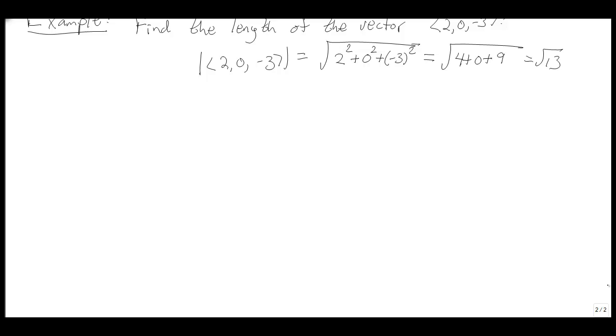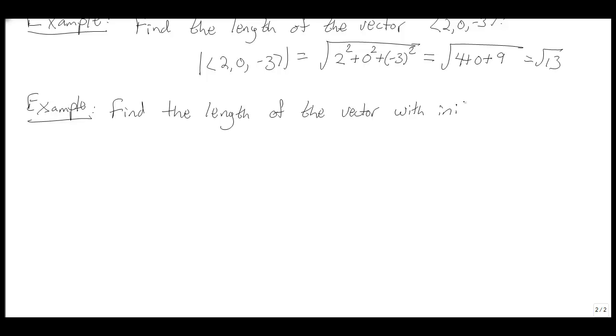So we can do this a little bit differently as well. Another example. So we can say find the length of the vector with initial point, I'm just going to put a point down here, how about (3, 5, 2), and terminal point